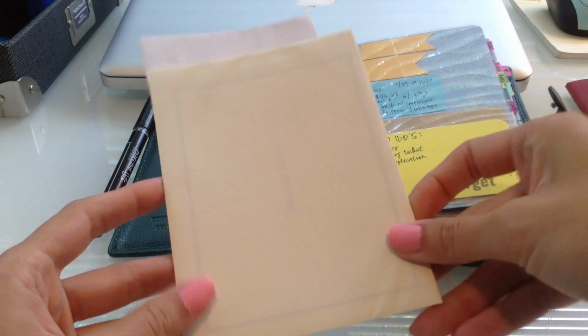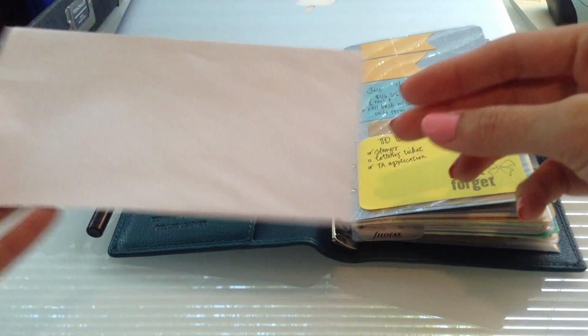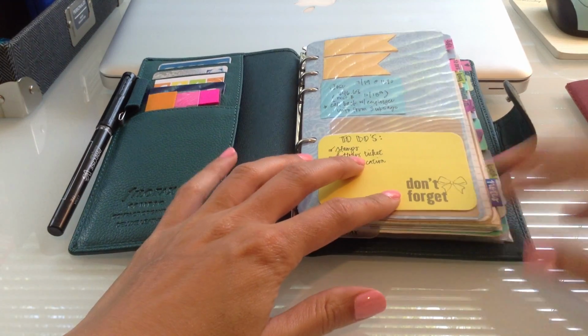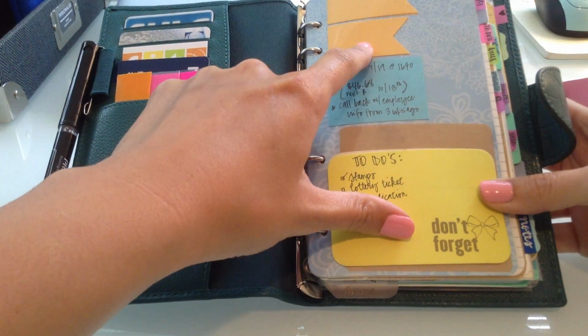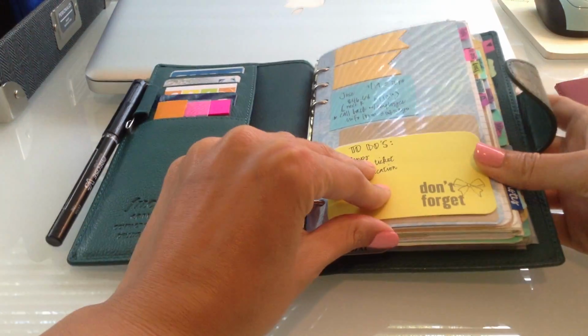I have a thank you card just in case I need to write one on the go, and then just an empty envelope. I always seem to need one of these and never have one, so I just stuck it in my planner. And on the dashboard, I have some little post-it flags I've cut out of the full adhesive post-its, a note, some to-do